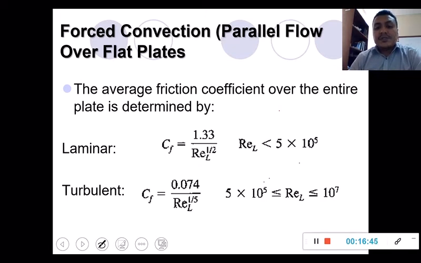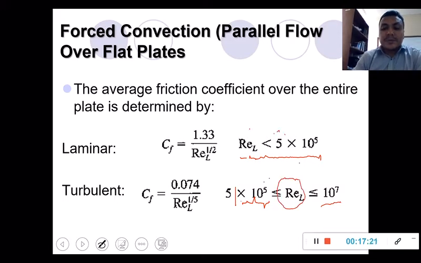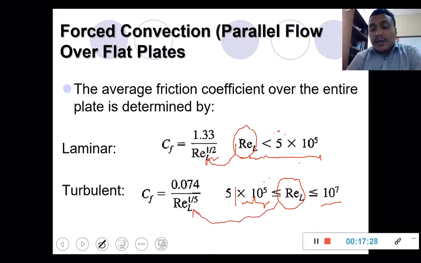Okay, the average friction coefficient over the entire plate is determined by, okay, the coefficient of friction for laminar flow. This is the formula. As you can see, the Reynolds number for laminar is less than 5 times 10 to the power of 5. But for turbulent, it ranges between 5 times 10 to the power of 5 and 10 to the power of 7. So from this value, you need to substitute into this formula to find the friction coefficient for the entire plate,